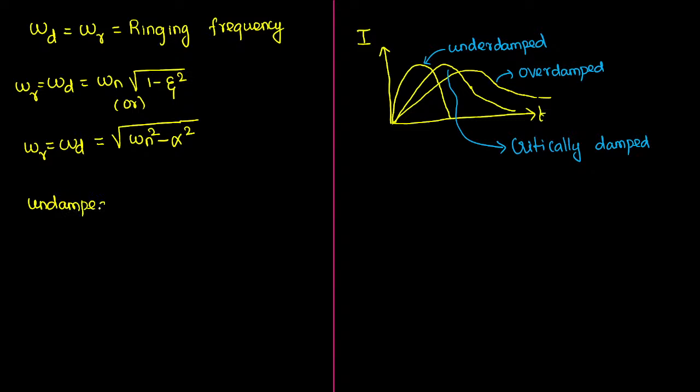First one is undamping. Undamping means the value of epsilon will be approaching 0. Then when we are considering an underdamped system, underdamping means we are keeping the system under our control. So in case of underdamping, epsilon value strictly lies less than 1, greater than 0. We will be having some controller value here. When we are considering critically damped system,